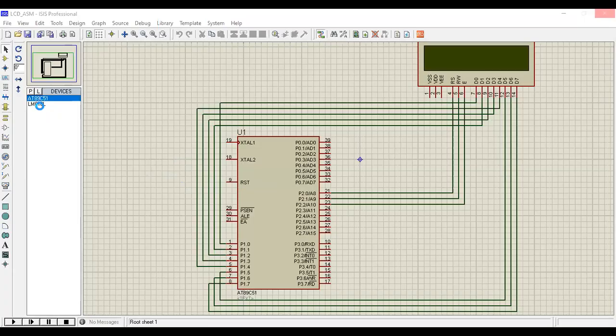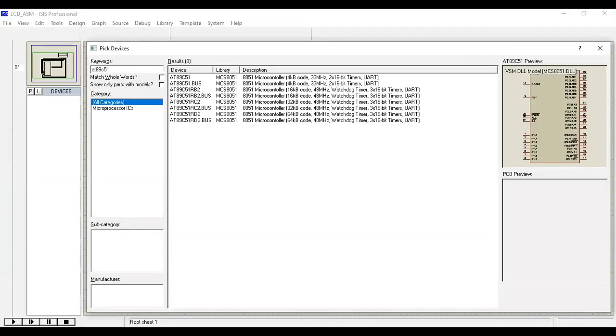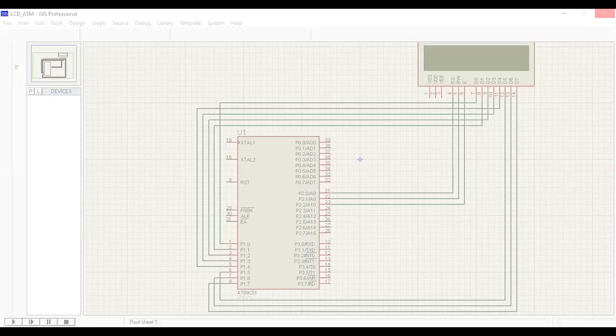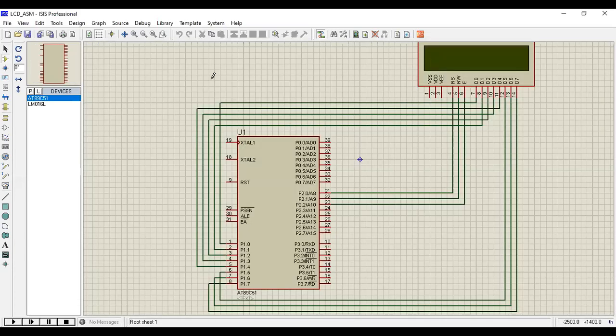You can search the devices over here. Here you can set the device AT89C51 and you can set the device LCD. The LCD is a 16 cross 2 LCD.